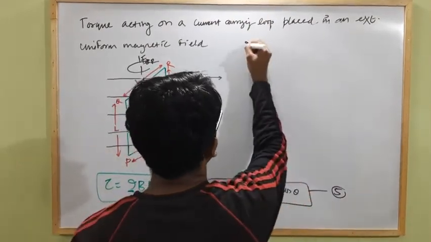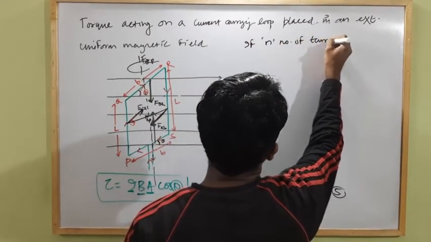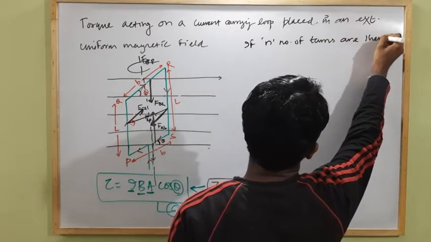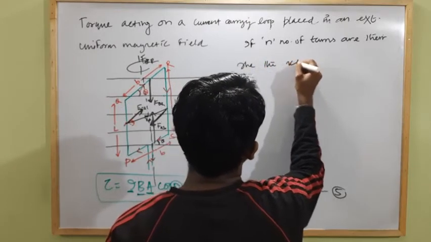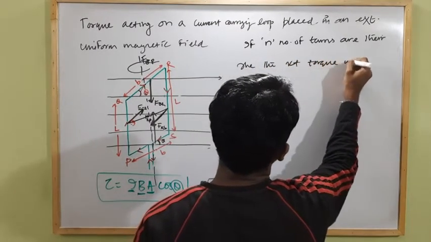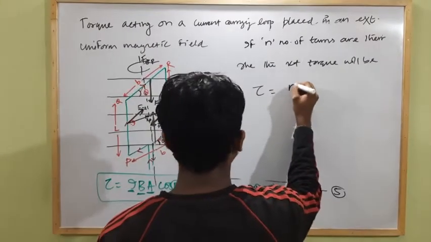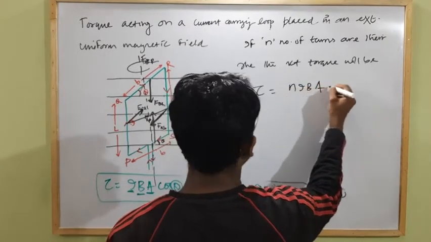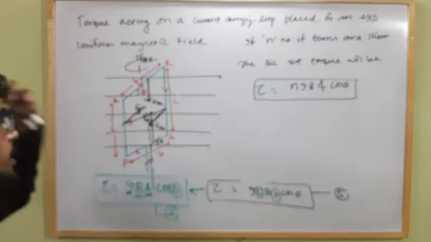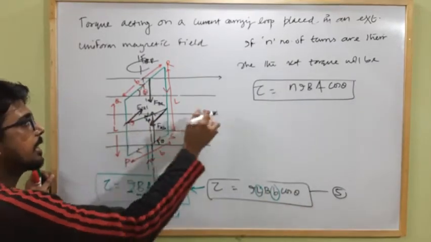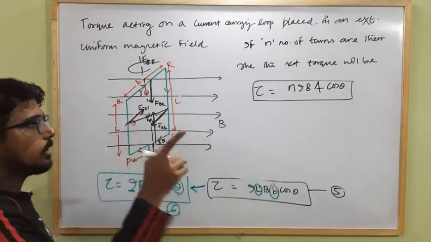If n number of turns are there, then the net torque will be tau equal to NIBA cos theta, where theta is the angle between the plane of the loop and magnetic field strength. Clear? And I already told you that if